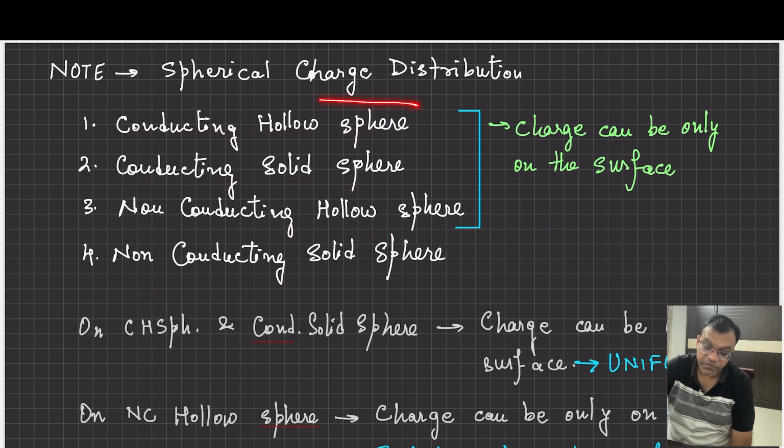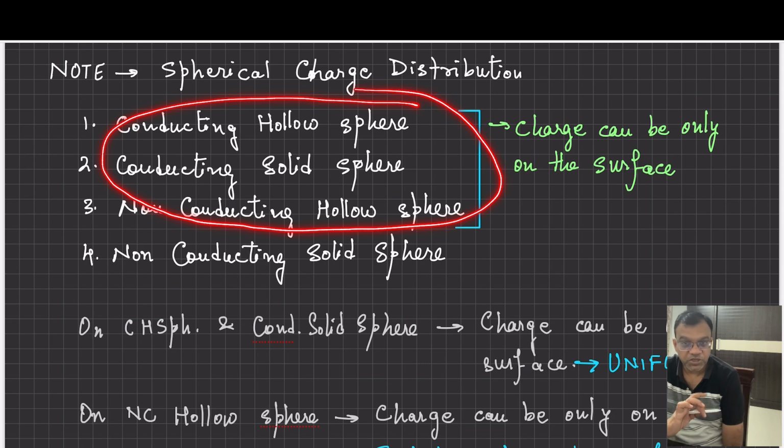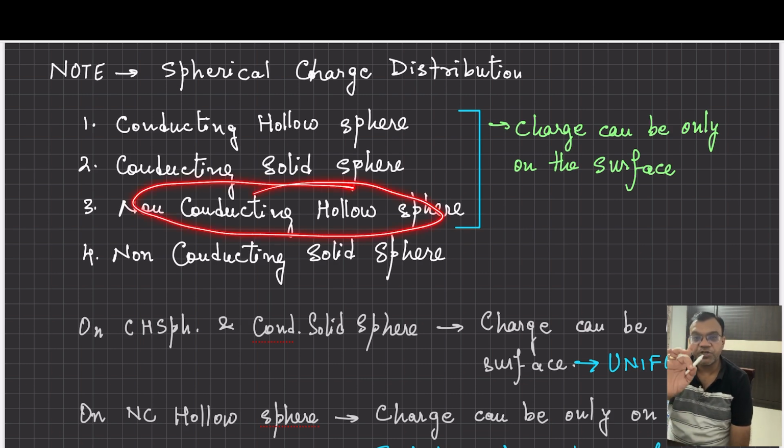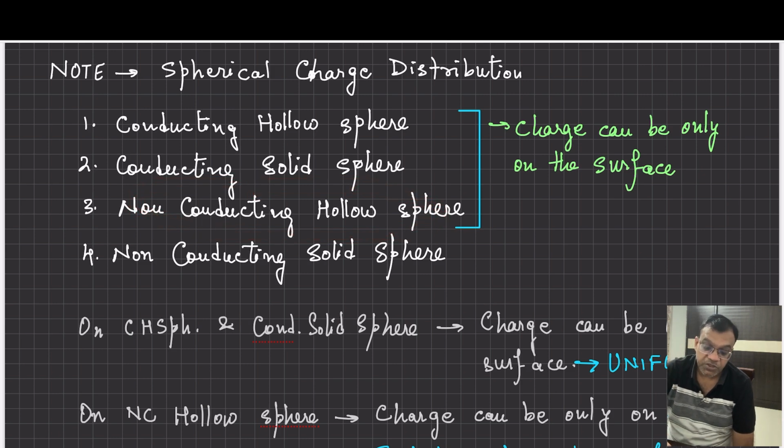Among these four, the first three charge will be on the surface only. On the first two, charge will be always uniform. Third case can be uniform or non-uniform. So if I take these three types of same radius and same charge with an additional information that non-conducting hollow sphere charge is distributed uniformly, then it means these first three are same in terms of charge distribution and